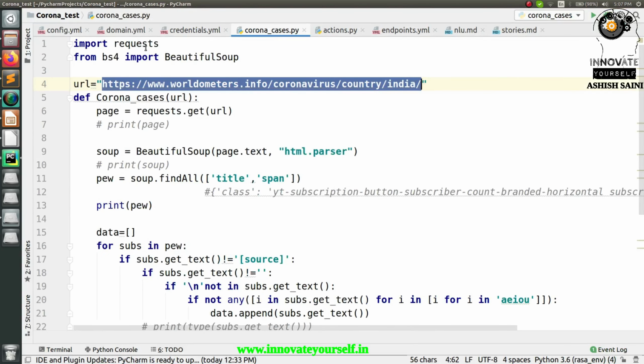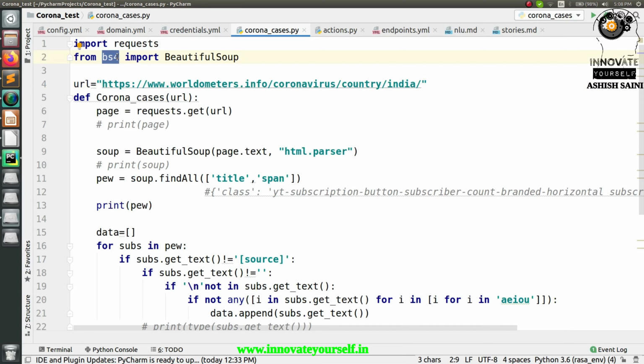Now, as I have already explained in one of my previous sessions, for using this web scraping technique you have a module named BS4, and I have already shown you how to install it on your Rasa chatbot. If you are new to this channel and this is your first video from my channel, then you can check that video to install it. So simply check that. For now, let's move ahead, and I will not install that. Also, I have installed requests in one of my previous sessions.